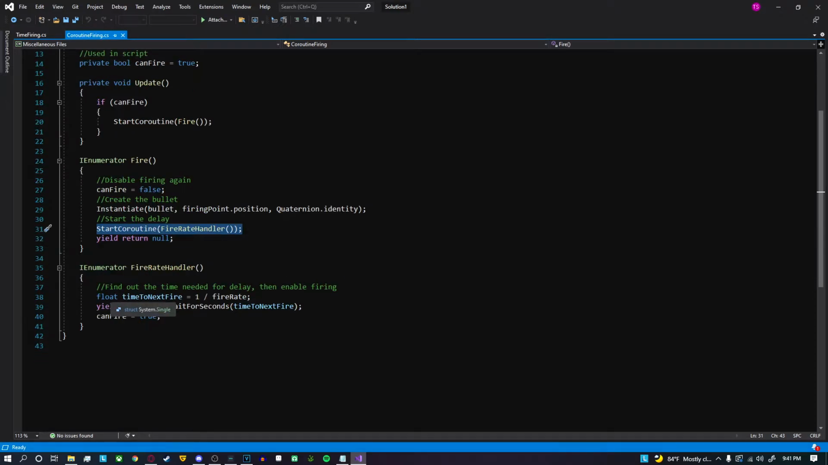firing, where we're going to determine the next time to fire, which is going to be 1 divided by whatever our fire rate is. So if we want to set fire rate to 4, then we can fire 4 times a second, since 1 divided by 4 is 0.25 seconds. And then we're going to wait that amount of time and then set canFire equal to true so we can